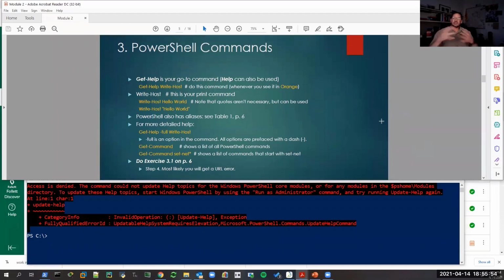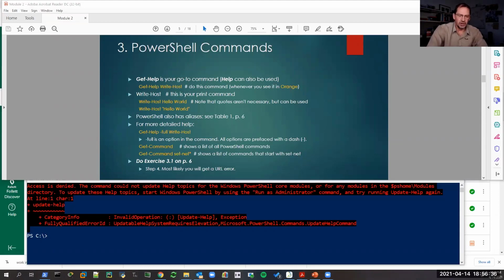So for most of the time, we're not going to need the ISE. You can work in the ISE if you want. Some people like to work in it because it has command completion. What I mean is command hints. When you start a command, over in the right margin it'll show you all of the options for that command. I don't use the ISE very much unless I'm writing an actual script that I will be using later on. But for just playing around in PowerShell, you generally don't need the ISE